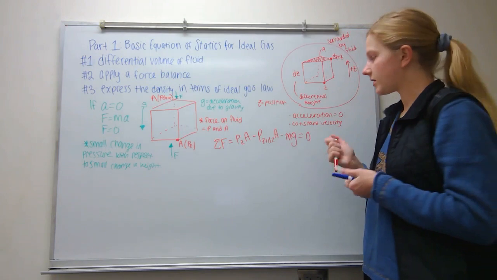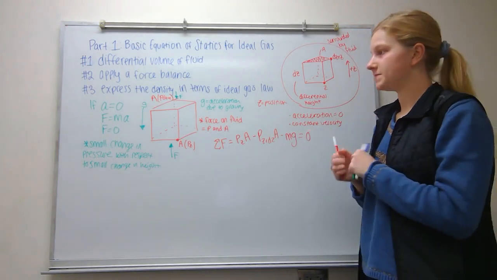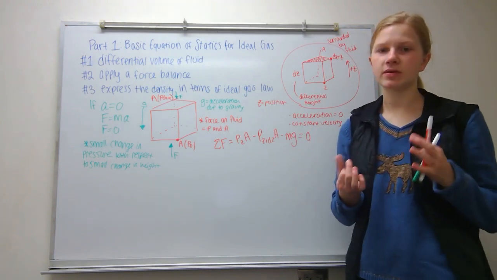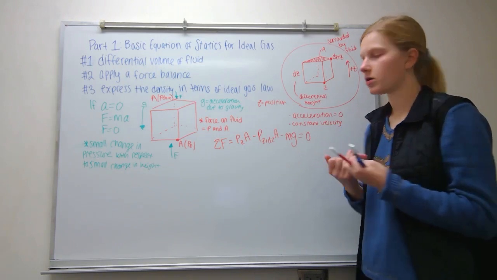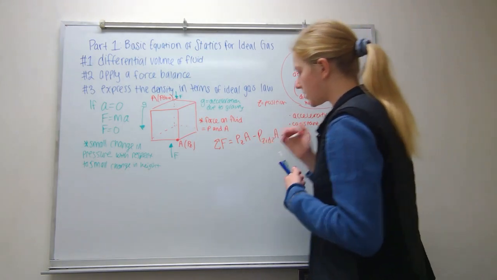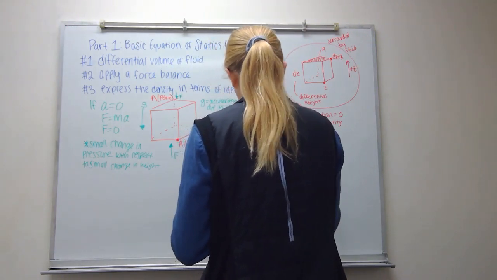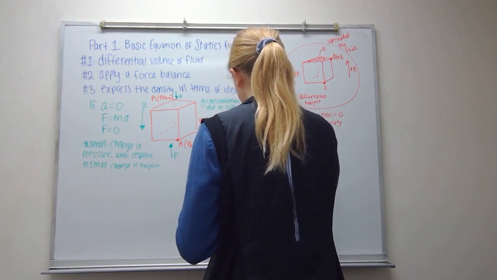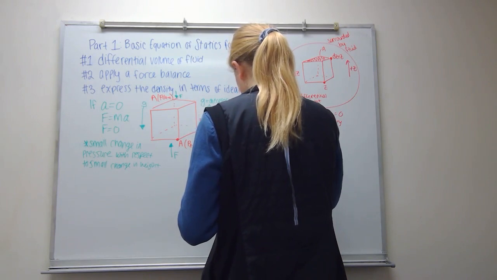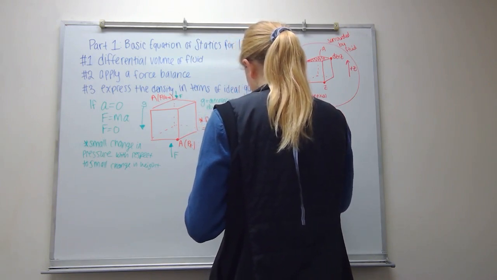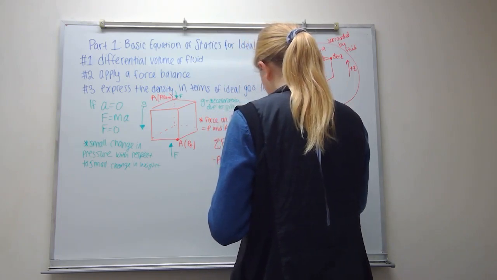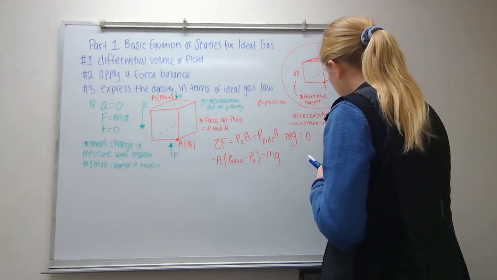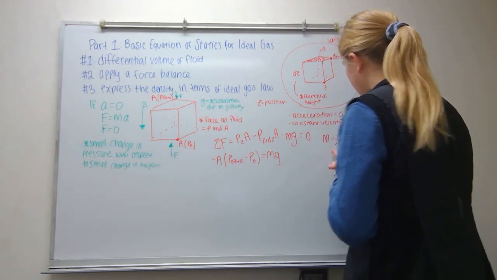Okay, so now that we have this, we can rearrange it and represent it in different variables that we want. We want to have the density in there, and we want to get rid of the volume. So I'm going to move things to the other side, and we're going to end up with the negative area times, we can factor out the area, P dz plus z minus P equals mg, like that. And then we know from our density formula that mass equals density times volume, so we can